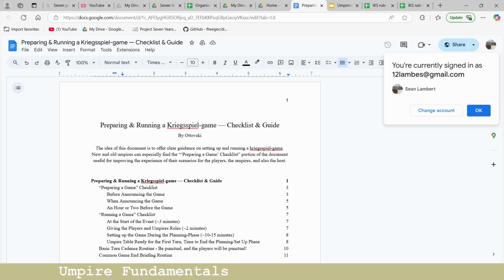If you look under the new umpires channel pins, Otto has this incredible document. This is what we're going to basically be going through today. We'll go through at least the pre-game elements of this slide by slide, and then we're going to do a bit of a practical